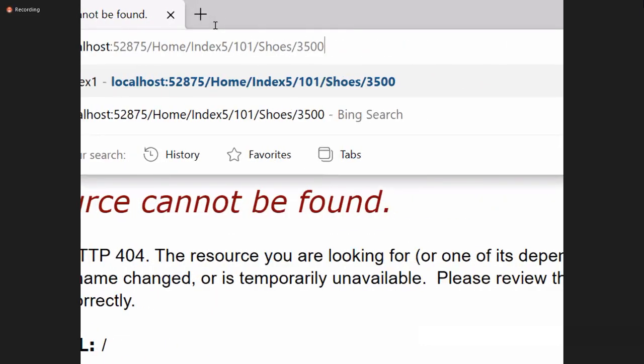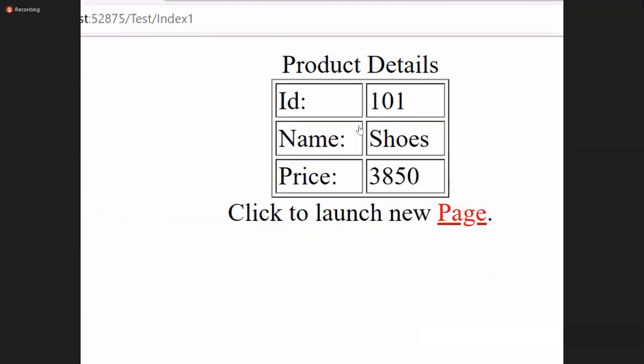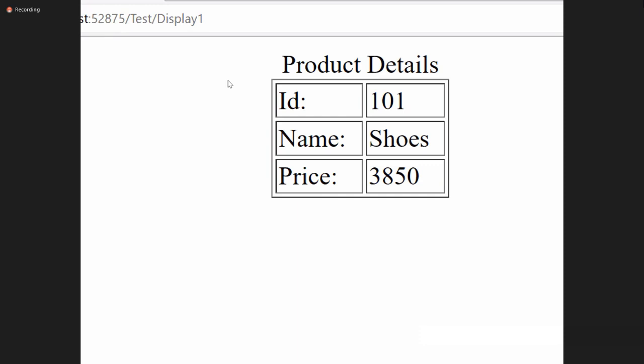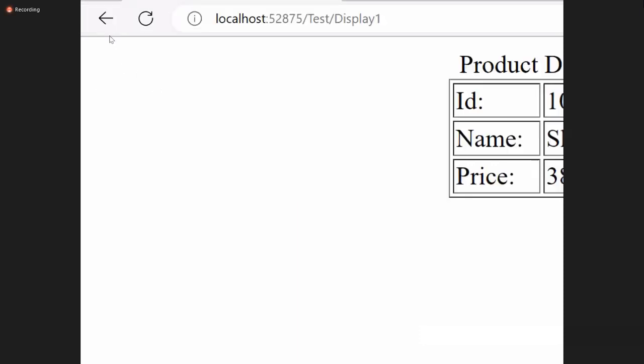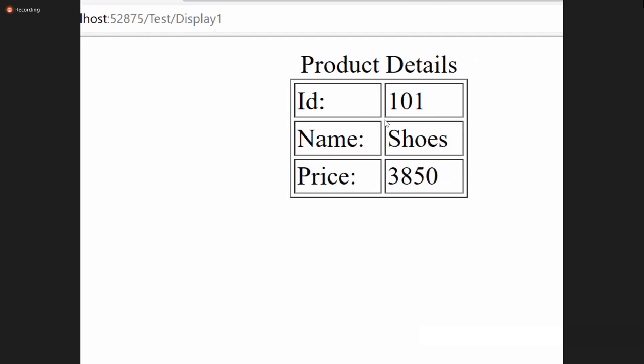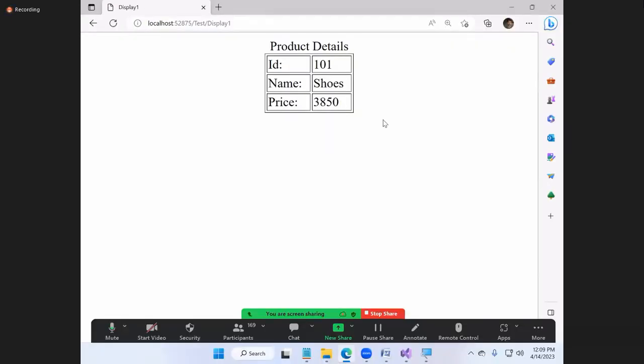Yeah, launching. Index 1 came. Display 1 came. Earlier I refreshed, I lost the values, right? I'm not losing them, see. I'm refreshing the page, but my values are not lost, because I called keep. Sir, when to use keep, when to use peek? If you want to retain only one value, call peek. If you want to retain the whole values, keep. Peek is for single, keep is for all. That's all.